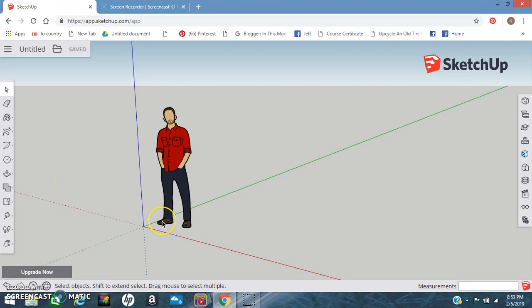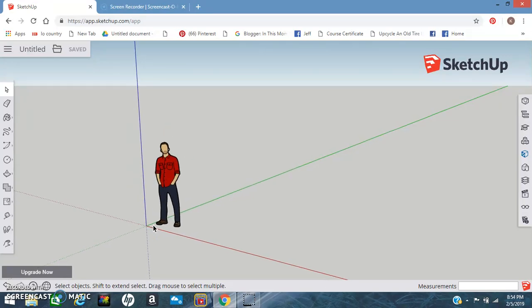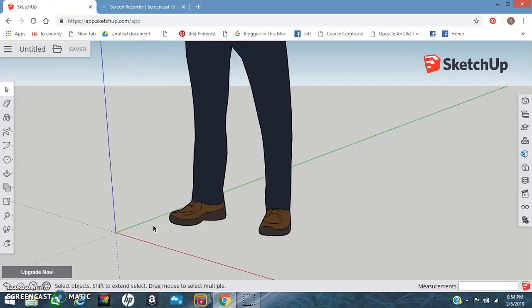Okay, so once we have our millimeters template selected, we're going to go ahead and start drawing our coin. Now we need to remember, thinking in a real life scenario, if we were to draw a coin and place it at the foot of our person in the drawing here, it would be a small dot right by his toe. So just to get a frame of reference, we're going to zoom in towards his toe,